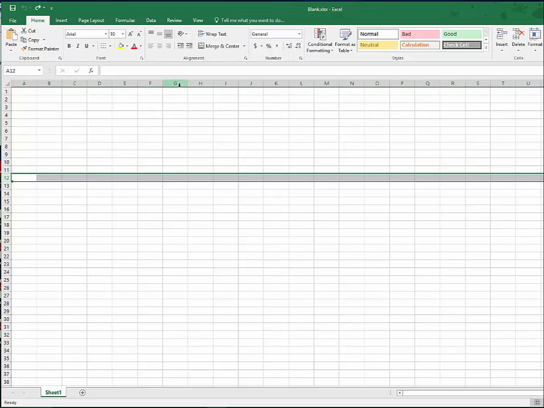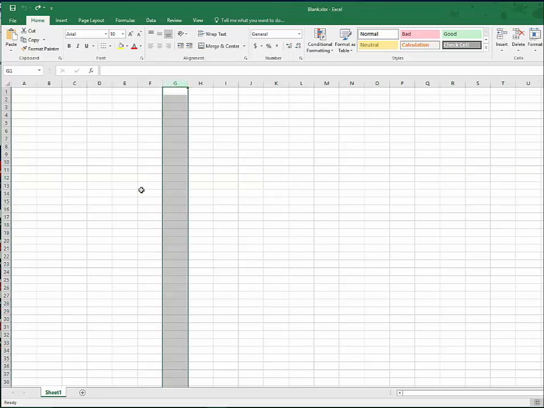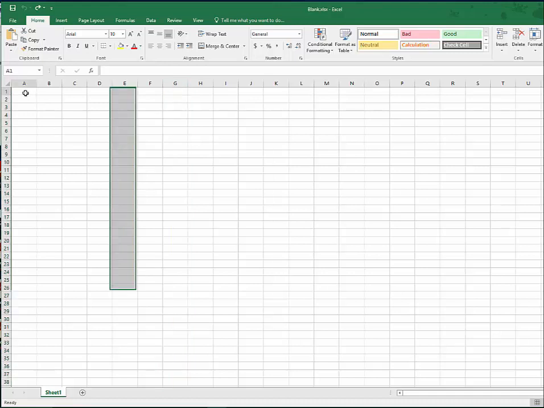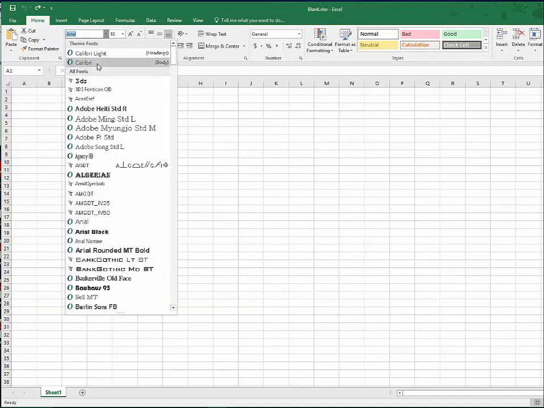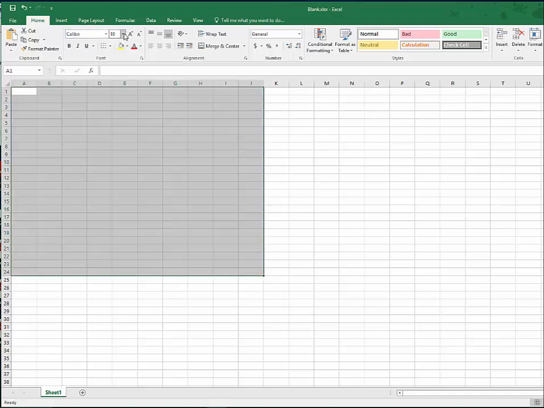Now that we have covered some basic formatting steps, let's begin constructing the scale chart. The first thing we will do is to highlight all the cells from cell A1 to J24. Now that these cells are highlighted, we will set the font type to Calibri 11. If your spreadsheet already shows Calibri 11 as the default font and text size, then you can leave it as it is. Be sure to leave the cells in their highlighted state as we have some more formatting functions to